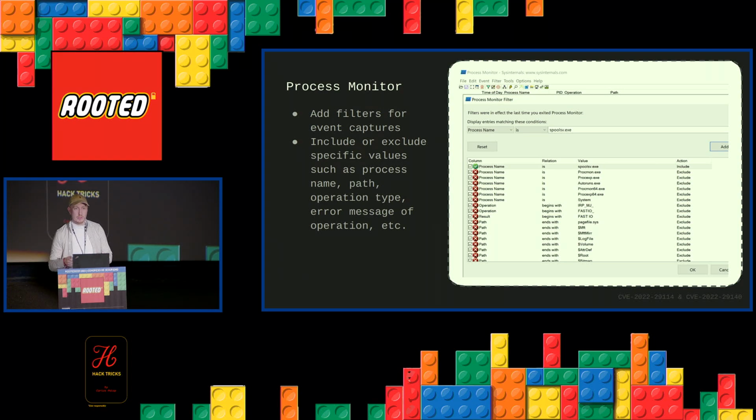But you can also filter on something like, I want only file operations. Maybe I want to see only DLLs that fail to load. So this is how you can find DLL hijacking vulnerabilities. You can just create a filter that says, all DLLs that fail to load, I want to see them. And so